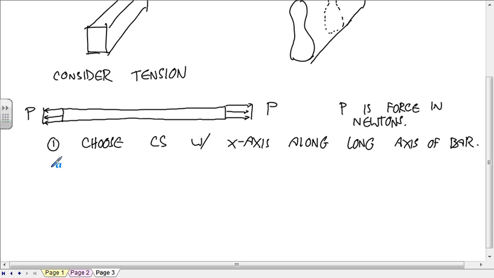And then at every point, this is the big leap. At every point in the bar, it turns out that the axial stress, the normal stress, is what your first guess would be. And that is that it's equal to,